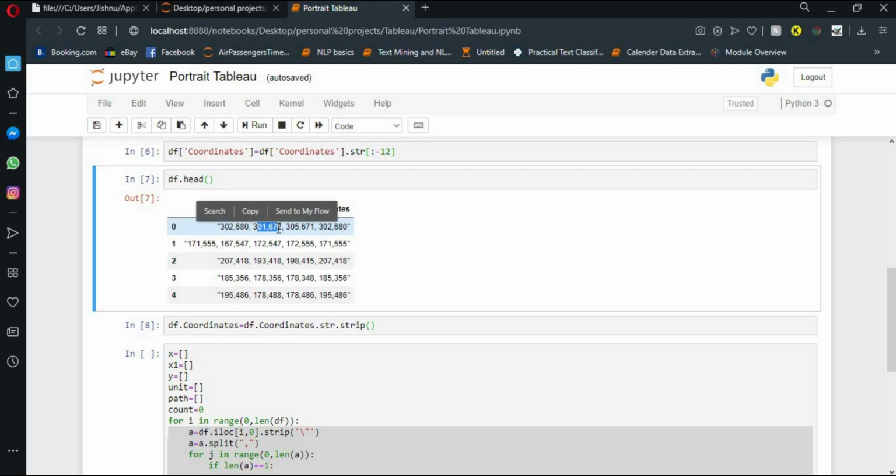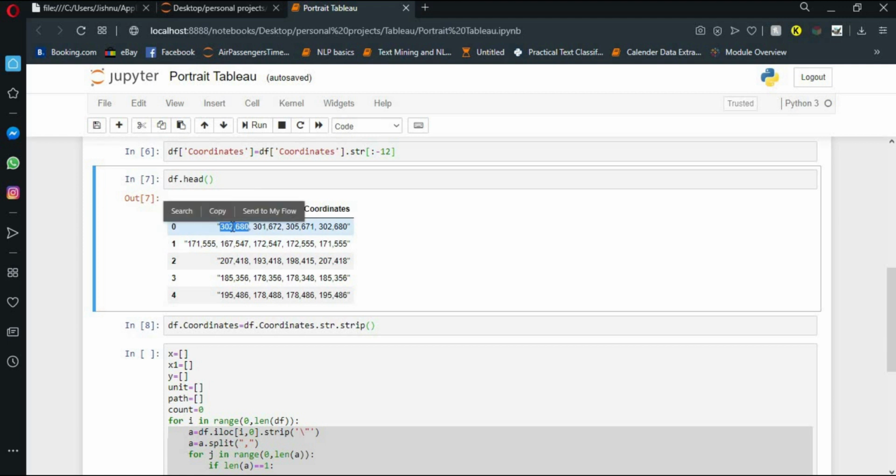But you need to remember that in order to create a polygon in Tableau, we not only need x and y values. Other than that, we also need certain other things like path. If you have observed while using polygons in Tableau, there is a section called path. So we need to find that path too. Along with that, to fill the detail section, we need to find a unit. I will explain what the path and the units are. If you carefully observe the first part, there are in total 4 pairs. This is the first pair, second pair, third pair, and the fourth pair.